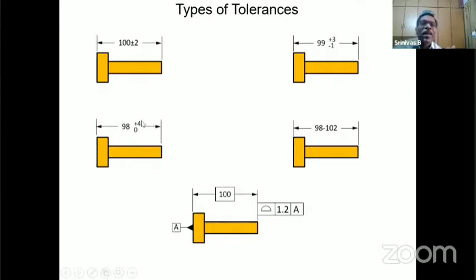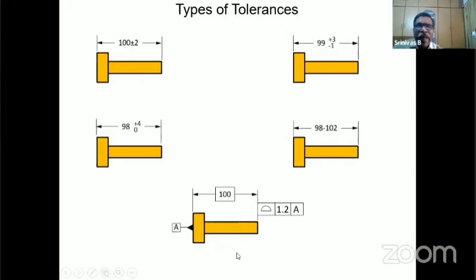Therefore, it is called unilateral tolerance. And you see here, ladies and gentlemen, this tolerance is limit tolerance. Are you understanding, sir? What is limit tolerance? It is given lower limit as well as upper limit. Therefore, the tolerance is the difference of the two limits. All the top 4 are called conventional dimensioning practices, which we have been using all along.